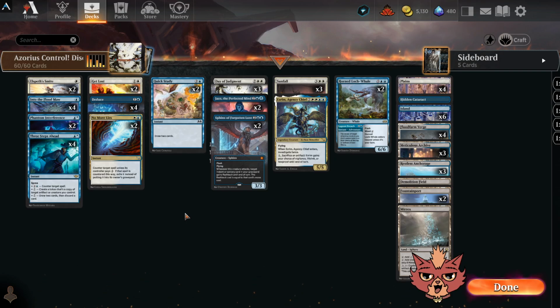Alrighty guys, we're back for Azorius Control, and this is a Foundation Standard Brew, and I'm Red Cat. Let's briefly go over the deck, then hop right into some ranked, but first things first, this was a suggestion